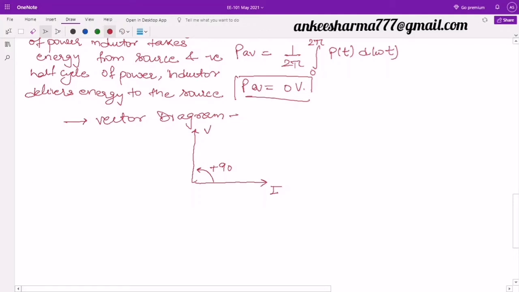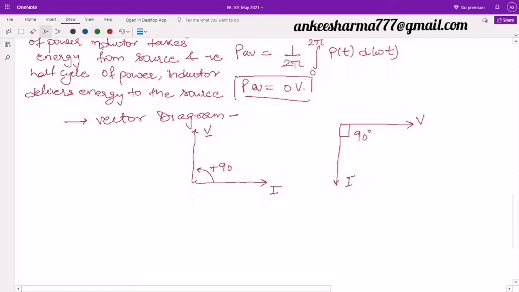But I said we always prefer voltage in the x-axis and current in the y-axis. So now I have to shift it in such a way that voltage comes in the x-axis. As per this diagram I can say that voltage is leading the current by 90 degree. It means if voltage has to lead, can I say my current will lag the voltage by 90 degree? And this angle is 90 degree. So these are the two vector diagrams in the case of my inductor, where voltage and current are related by a phase difference of 90 degree, right?